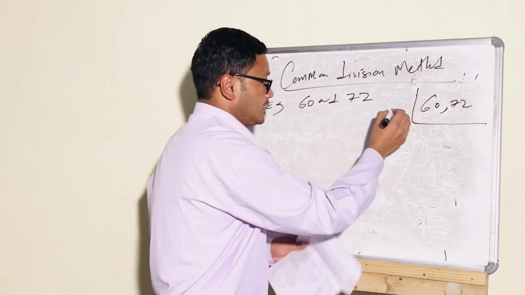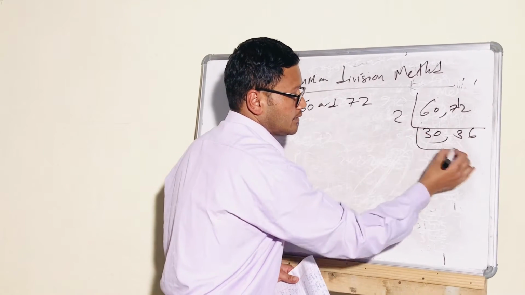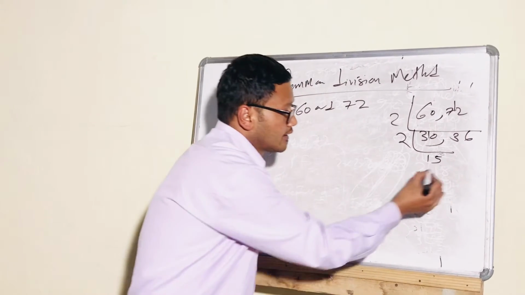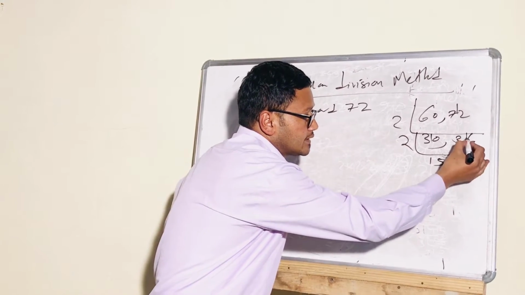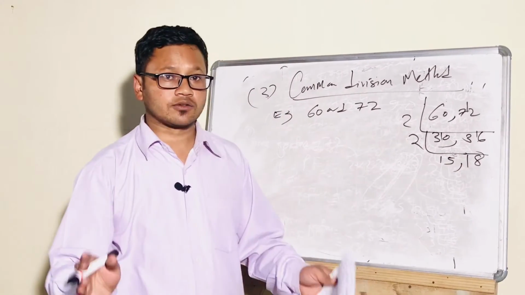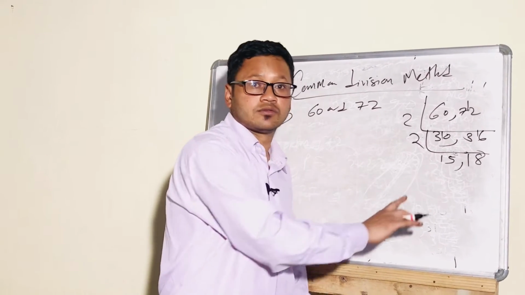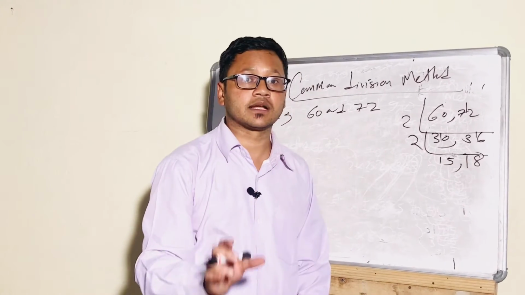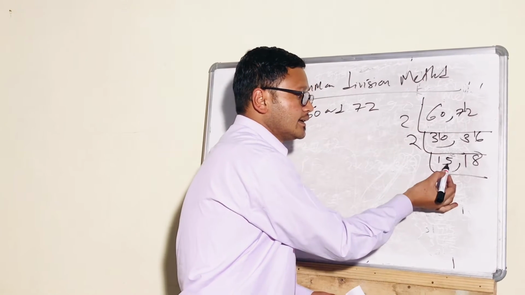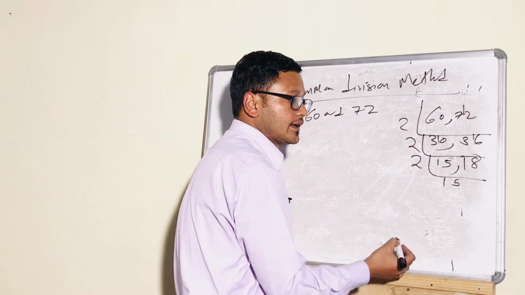We'll just divide. 2 3s are 6, 0, 2 3s are 6, 1 carry over, 2 6s are 12, again by 2. 2 1s are 2, 1 carry over, 2 5s are 10. Again, 2 1s are 2, 1 carry over, 2 8s are 16. Now 18 can be divided by 2, but 15 cannot be divided by 2, so we cannot divide by 2 any more. The number we take must divide both numbers.